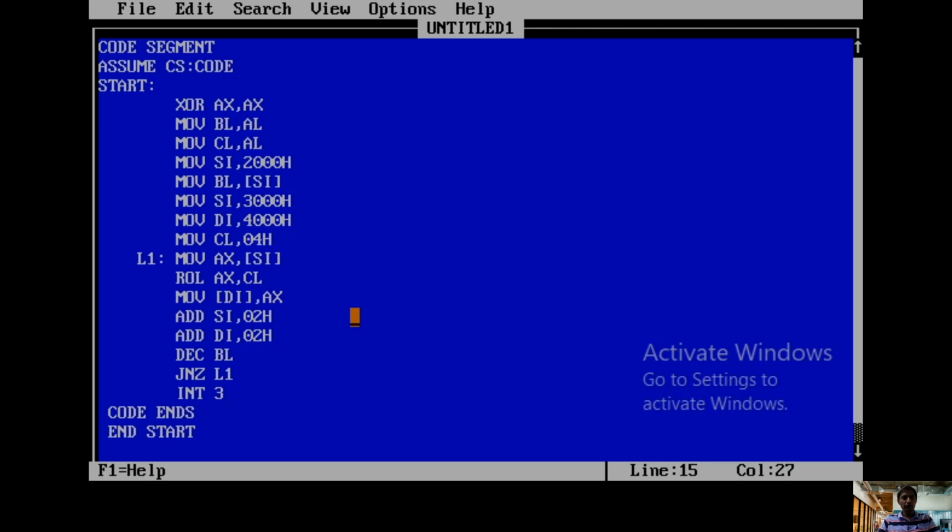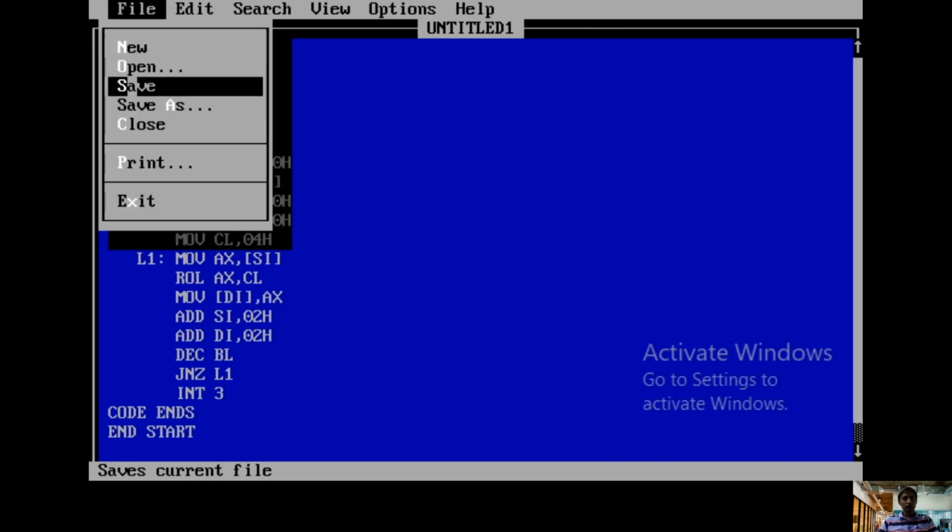Here you remember, for this particular rotation as well as shift program, every time the count, how many bits we are shifting or rotating, we use only the CL register; no other register is accepted. For selection of bytes, or selection of the array, we can use any register, not only CL. In general, we can use any register other than CL for that case. But for the number of bits movement, we always use CL. CL is very essential. Other than CL, if you write, it won't execute.